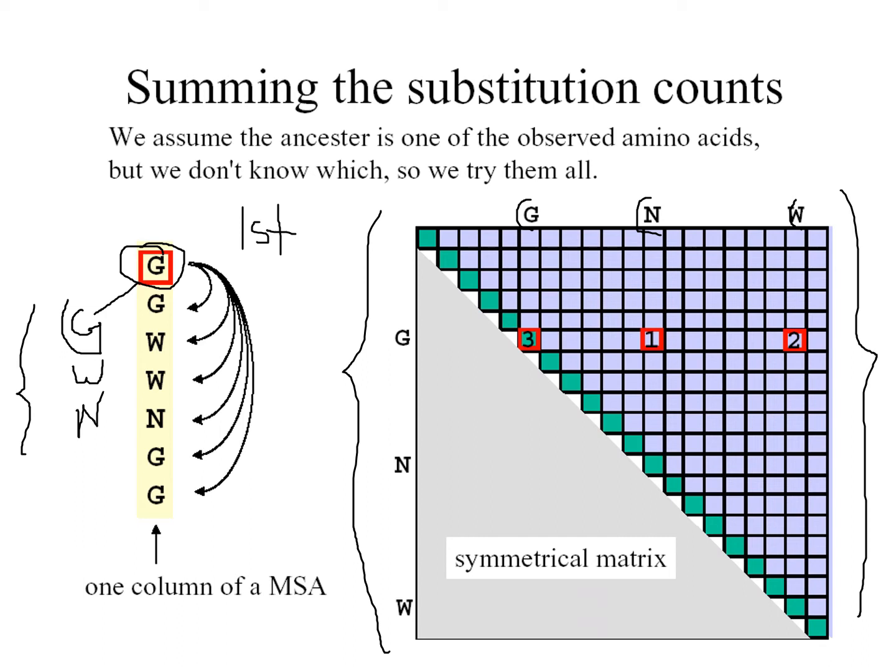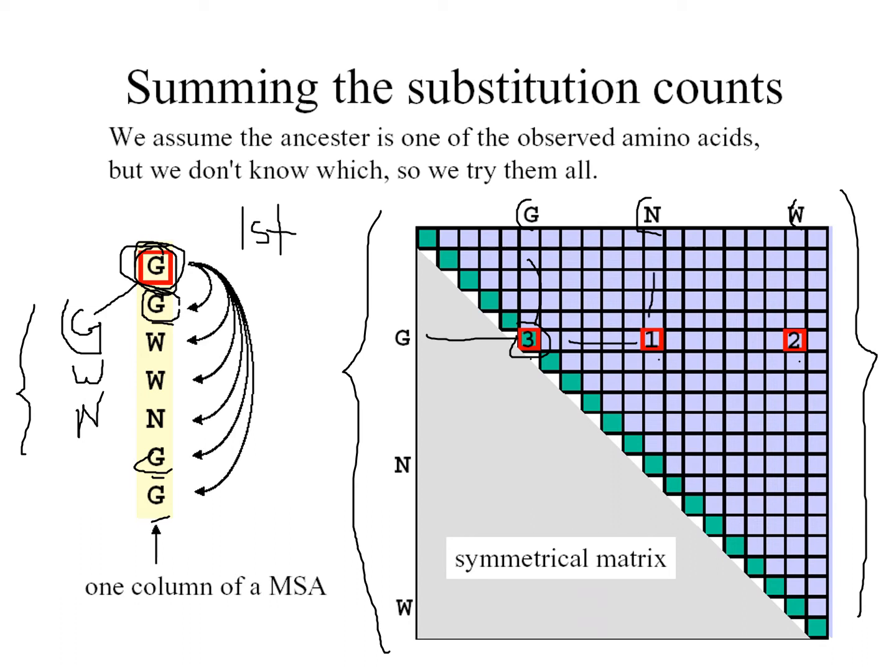All right, so if we take G here as the ancestor, how many times was G written? As you can see, there are 1, 2 and 3. So we have G to G, 3. All right, so that's done. G to G we have 3 retained ones. Coming now to G to N, we have 1 in our sequences already, so we take 1.